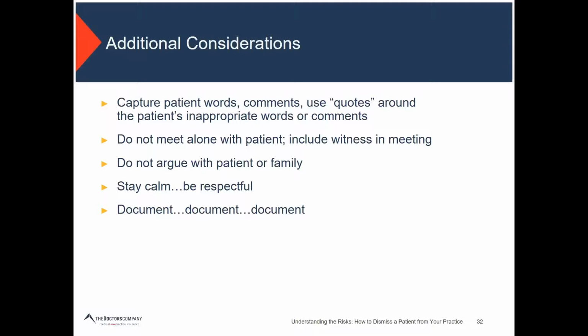Also, you don't want to meet alone with a patient who's upset. And I say this particularly for the office manager, because it will become a he said, she said if there's no witness. So I always say, for your office manager, have someone come in. The doctor shouldn't be coming in. And if you're going to talk to the patient about a problem, it's recommended that you have your MA come in, or you have your office manager come in, or just say, I've asked my MA Rich to step in while I talk with you,